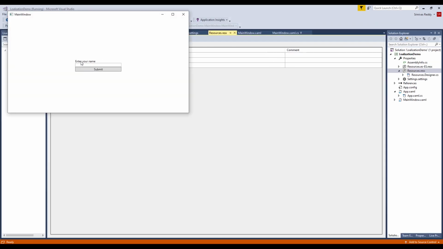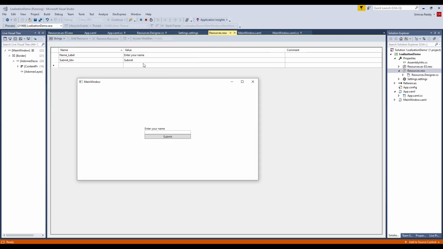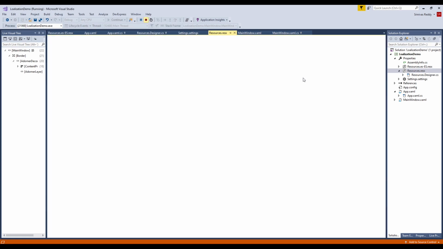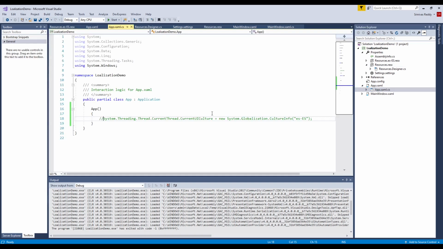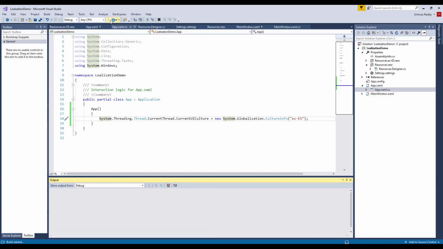Yes, now the values have been taken from the Resources.resx file. And if we specify culture, values will be taken from the corresponding resource file and used as part of the UI.